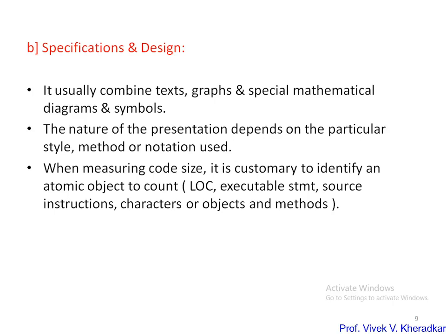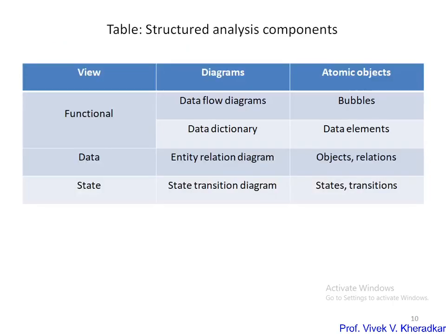There are several ways to handle this, since the atomic object changes according to what we measure. If I go with different diagrams, the atomic object is different. In some cases it is a bubble, maybe data flow, maybe a particular indication. But according to DeMarco's structured analysis of system specification, we measure different atomic components. At the specification phase, there are 3 system views leading to 4 types of diagram and 6 atomic objects, which we measure as a count, which measures the length.